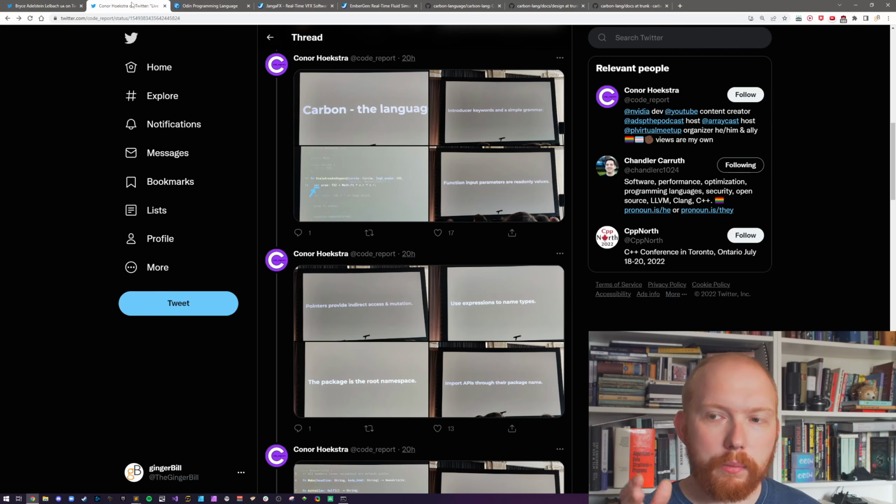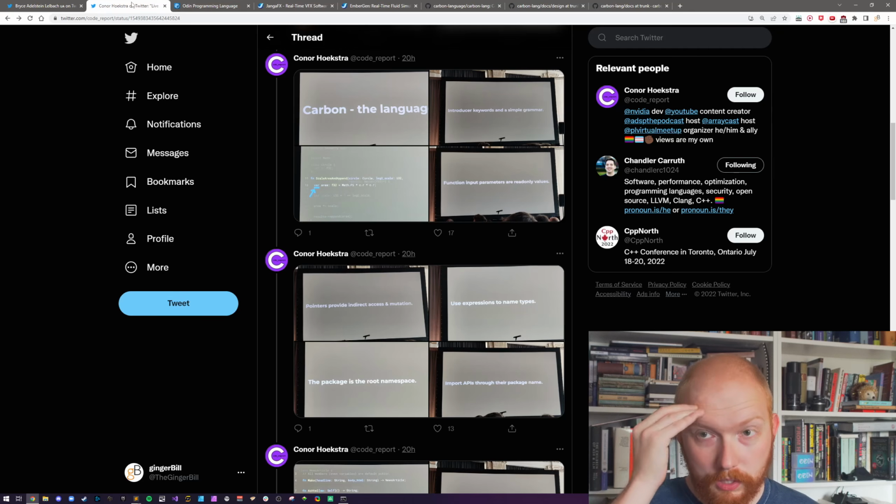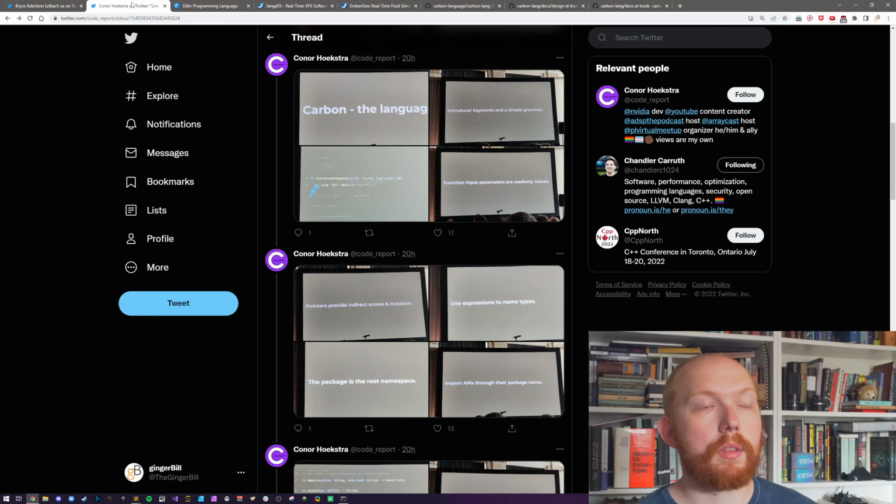From what I understand of the Carbon language, from what I've been digging around, these are all people on the C++ committee, many of them from Google, at least. They were getting very fed up with the leadership on the C++ committee, and they couldn't really make decisions. I might get this wrong, and I apologize; this is my first impression of the language anyway.